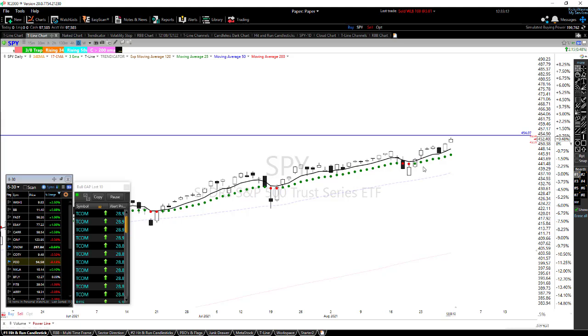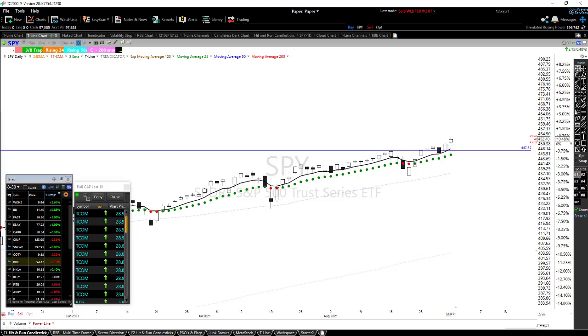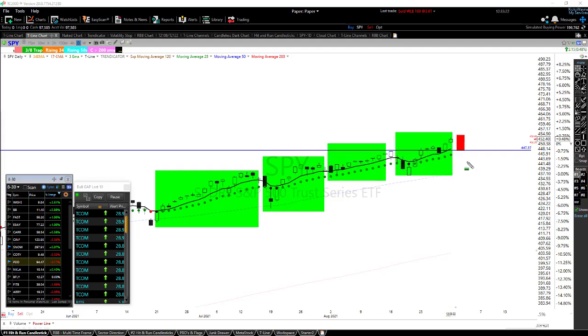So I see people getting long or not getting long because they're afraid of the market. What are you afraid of? We have the ability to put stops on. Everyone's afraid that you're going to lose that money right there. The market will tell you when it's having a problem. Everyone says, well, I don't want to lose that money. Are we forgetting that you made money here, here, here, here? You're really going to complain over that money?